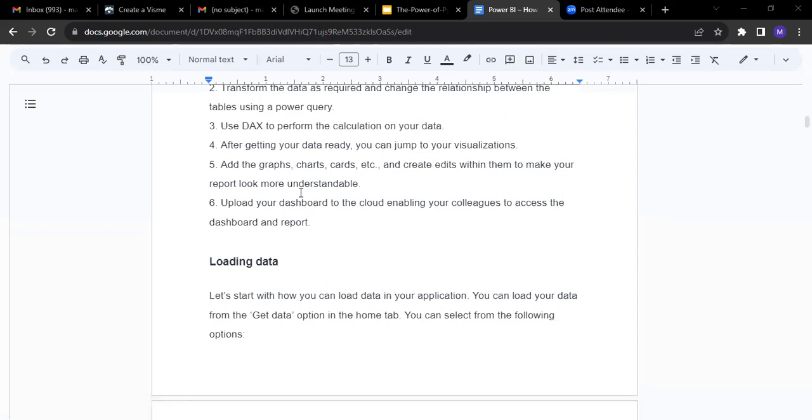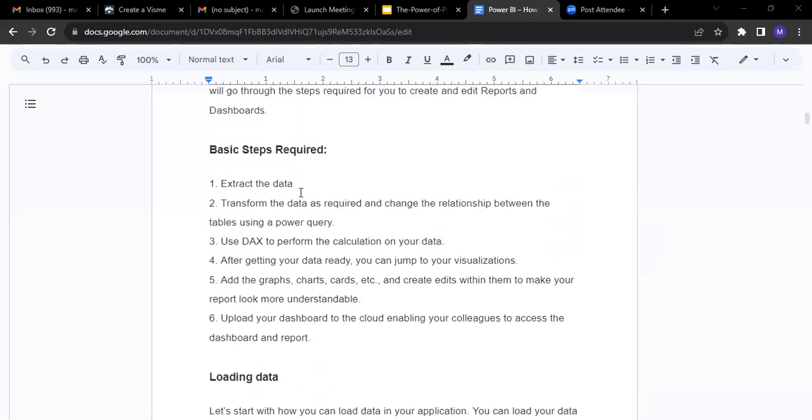We also have the option to add locations as maps. Then create edits within them to make your report look more understandable to others, and upload your dashboard to the cloud, enabling your colleagues to access that dashboard and report. These are the 6 steps for extracting the data and making charts or graphs,